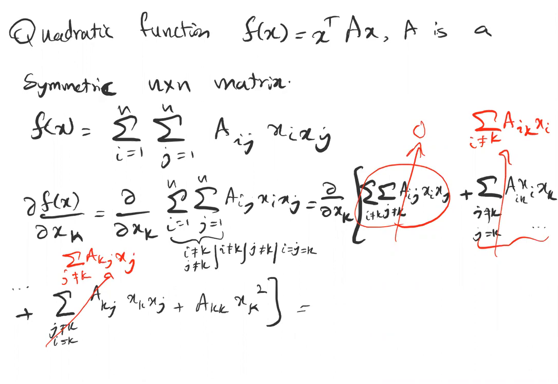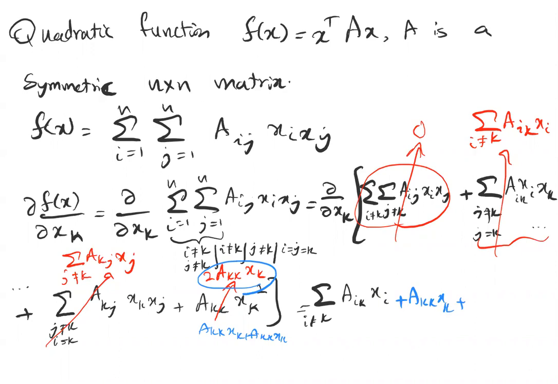And finally, derivative of this one with respect to xk is 2 akk xk. All right, now what we are going to do, we are going to write this again. So we have sigma i not equal to k, aik xi. Another trick that I'm going to do, I'm going to break this term into akk xk plus akk xk. All right, I will write one of them here,